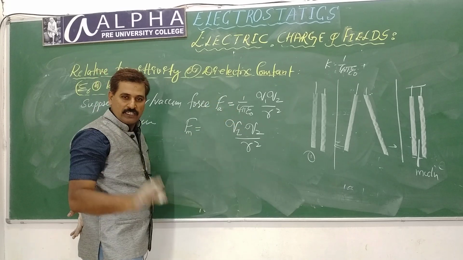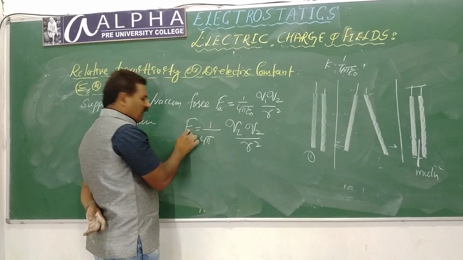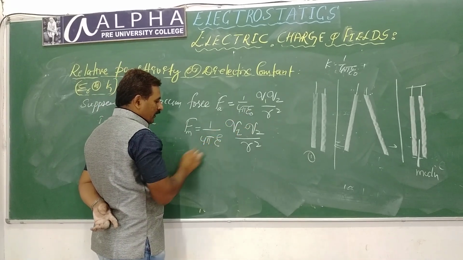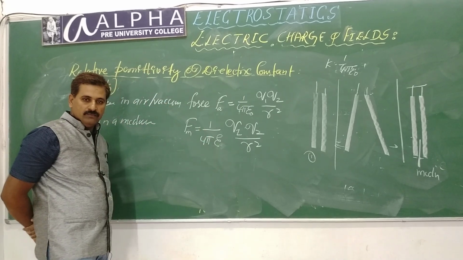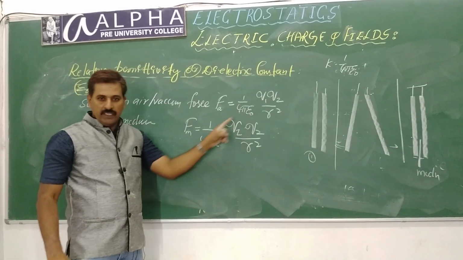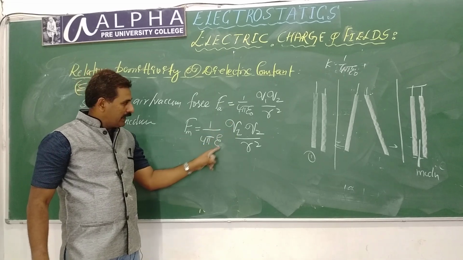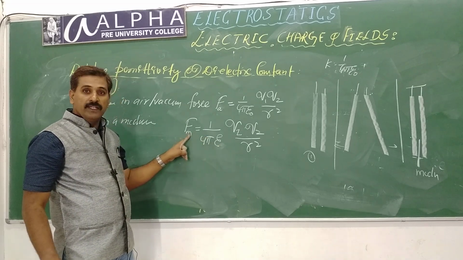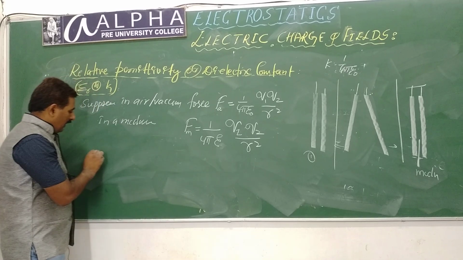4 pi is a constant, you know. That's why 4 pi also same, but force changes. That's why we change this value. We denote by epsilon. Why we change this symbol? Means I remove this 0 to tell you this is force in medium. Same two charges, same separation, force in medium. Now